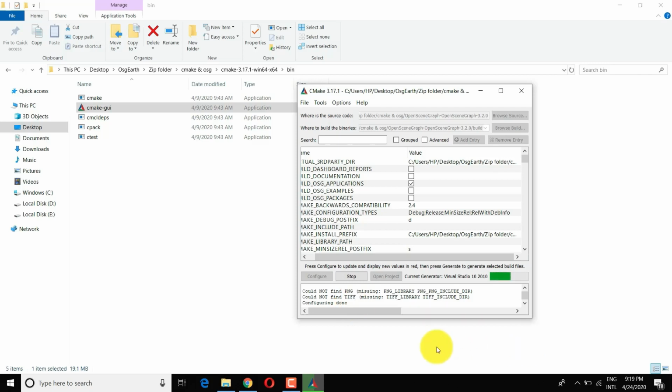Wait till it is done. Now generating is done. So now go to the build directory and open the OpenSceneGraph.sln file in Visual Studio.